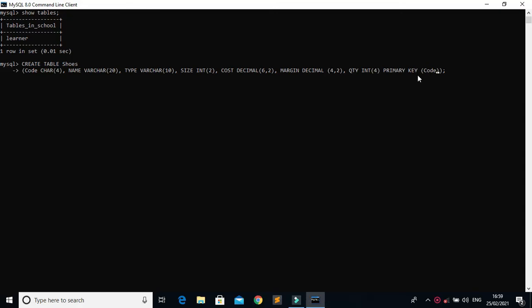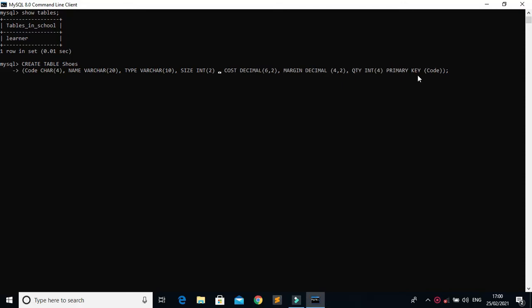Now how can we define a not null constraint? Many times there are some columns of a table in which a null value should not be accepted. It means there it cannot be empty, you cannot keep it blank. So what we can do is define a not null constraint. Simply we need to go to that particular column in which we have to define a not null constraint, like here is size.